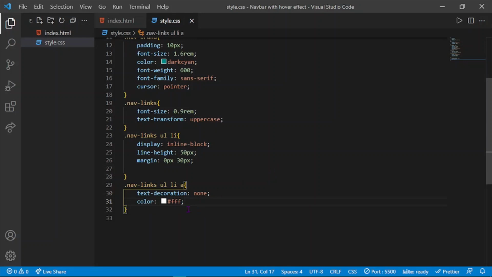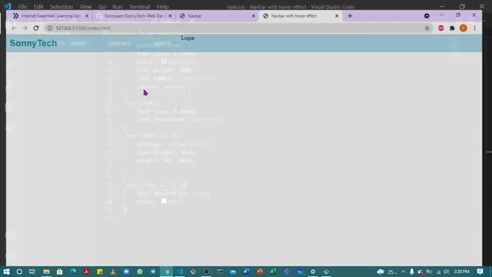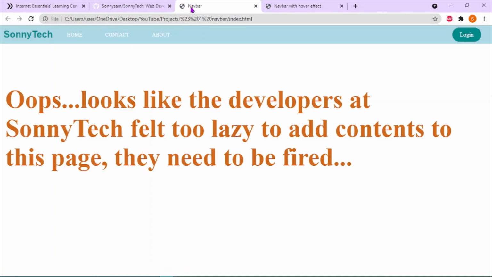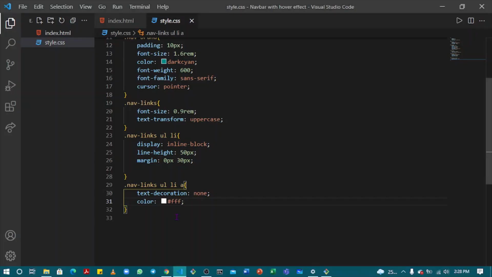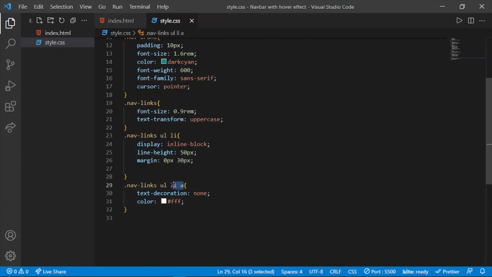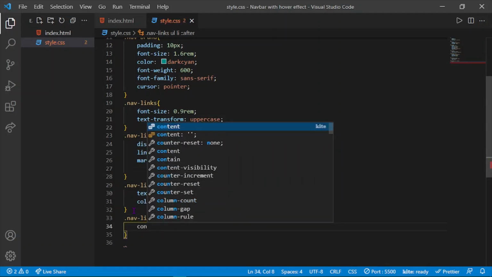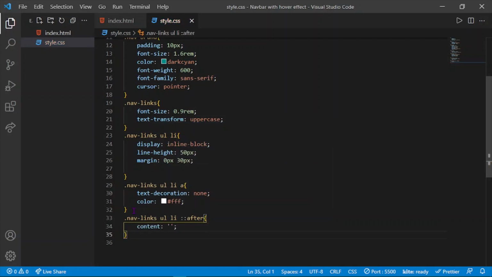Okay, so now we can add our awesome hover effect, just as we have here, the line beneath. We can add it now. So we're going to be introducing the after pseudo class. Oh, sorry, we don't select the anchor tag, we select only the nav. So we have this, and we add the after pseudo class. You can give it content. You have nothing in the content,